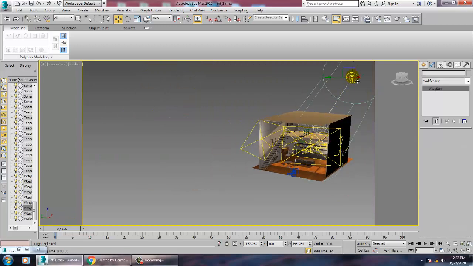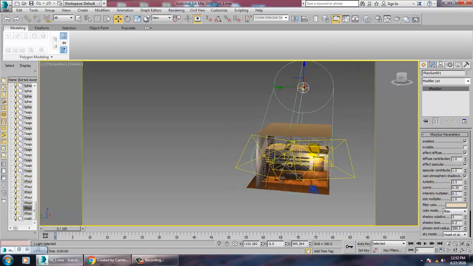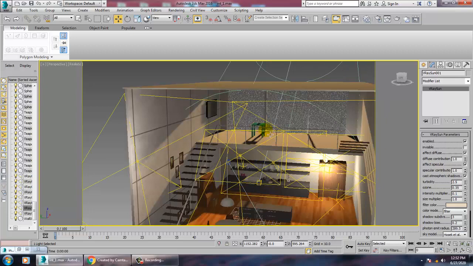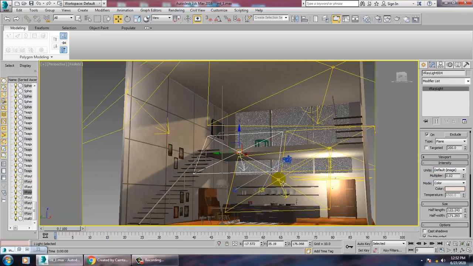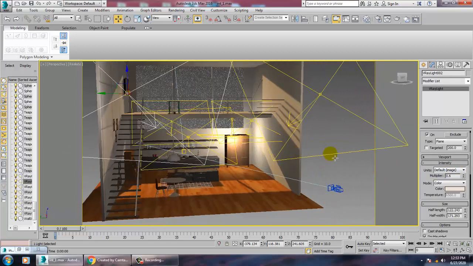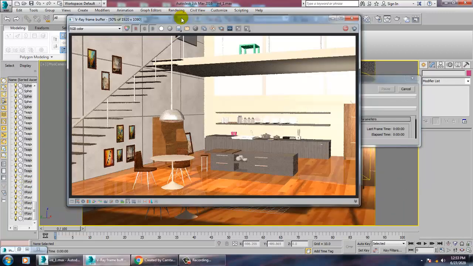So we can increase the intensity multiplier of the sun, and the rest of the lights can be kept very low. And let's render and see how it looks. Much better.